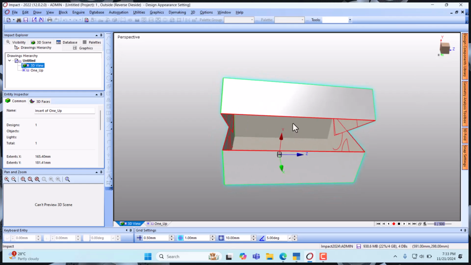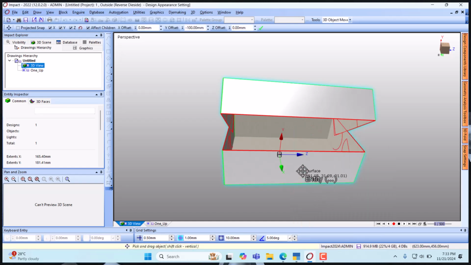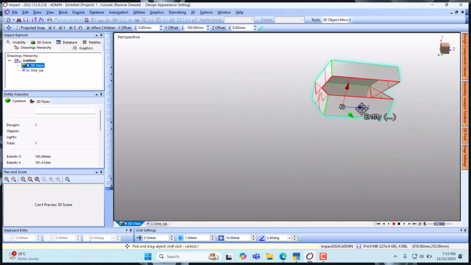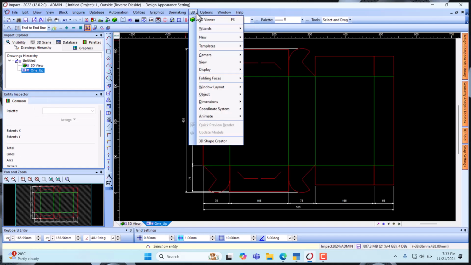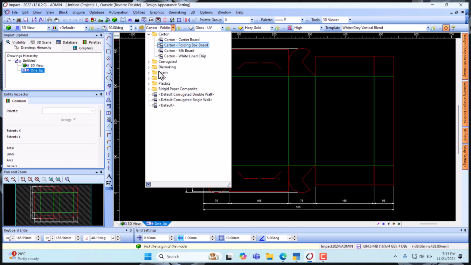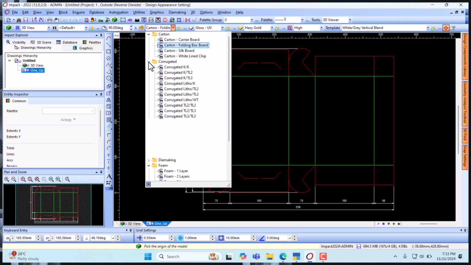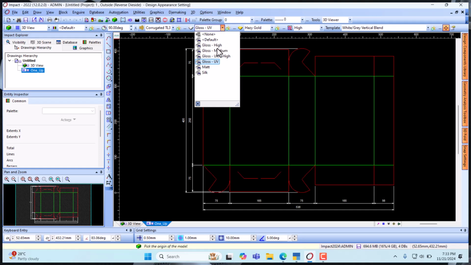So let's say we want to add another substrate to it. Let's move this aside and come to the one up, 3D viewer. This time we are not using cutting board, we are using a corrugated board TL3, but it's not a gloss UV, it's matte,